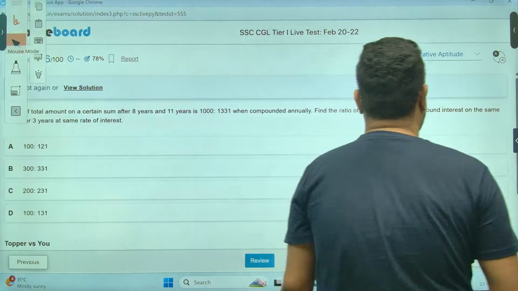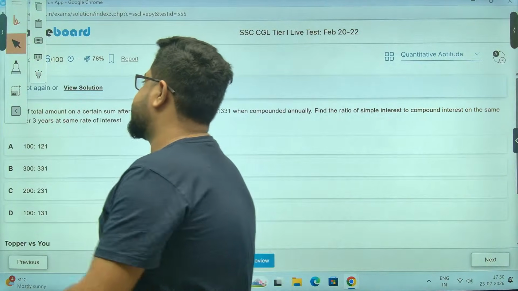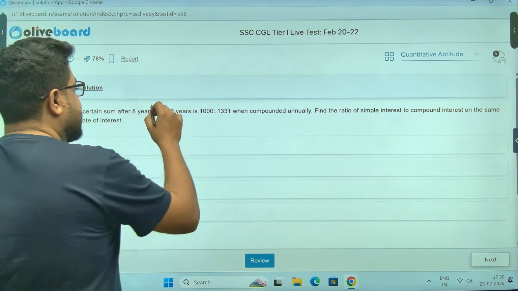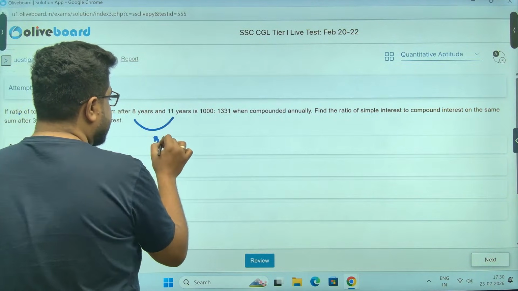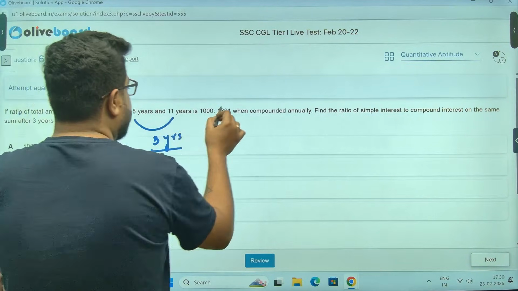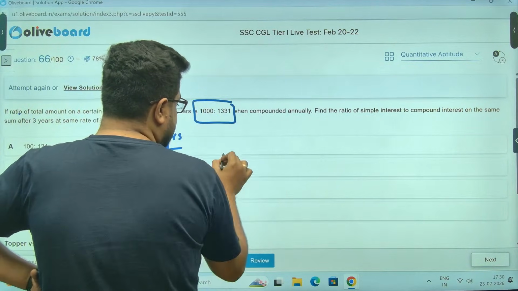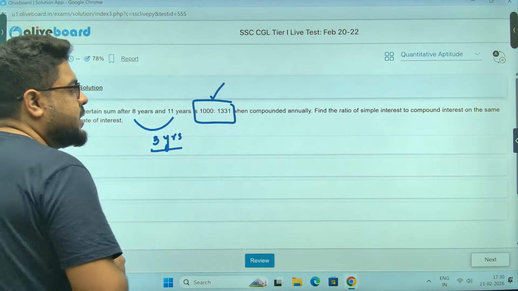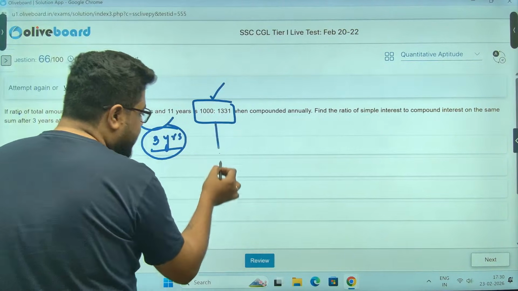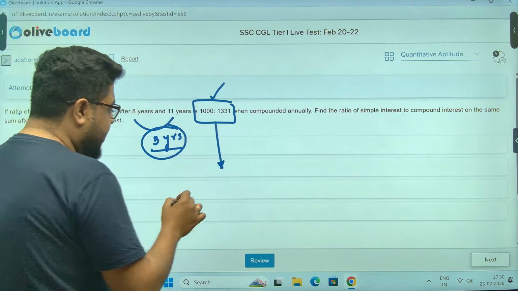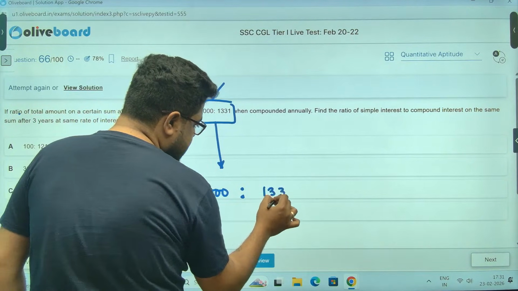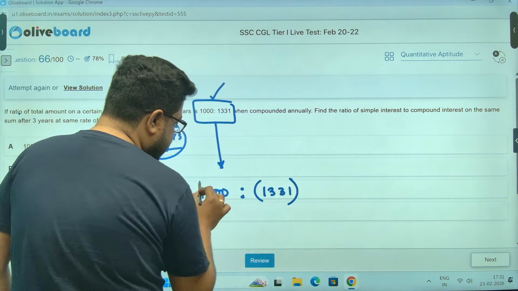Next one, please. Compound interest. So the gap is 8 years, 11 years; the gap is 3 years. The amount ratio for the 3-year gap is given to you. So the amount ratio for 1 year will always be, sir, because the amount of